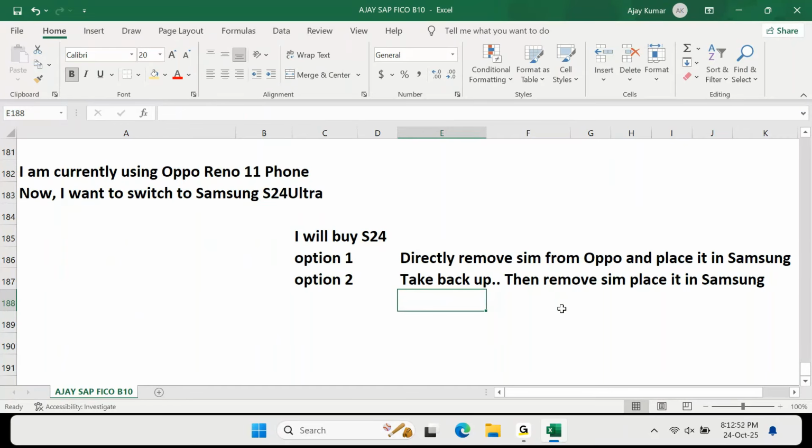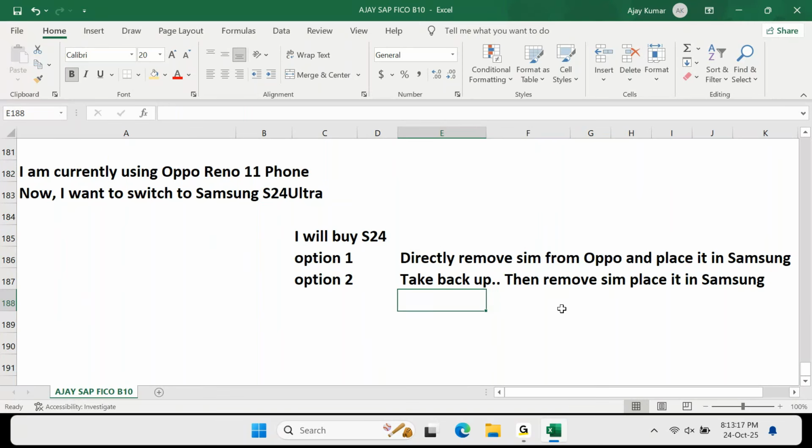Smart things, smart moves. You also have to be smart. Don't reveal that I don't know. They're nowhere revealing that they don't know their number. Tell me your number, I'll give you a missed call. Correct or not? You also have to be equally smart. Only then will you survive in the current market, especially on FICO. Else you cannot survive.